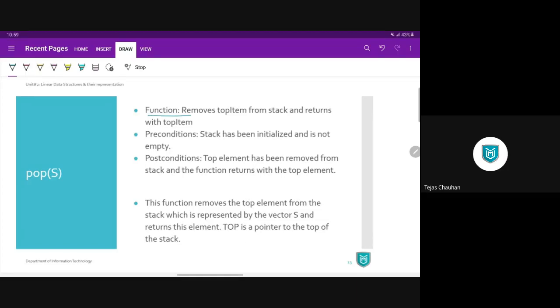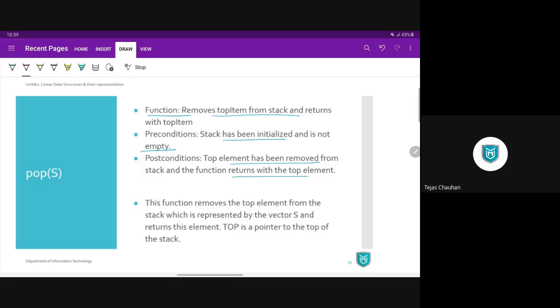This pop is a function which is going to remove the topmost element from the stack. The precondition is that your stack must be initialized and it should not be empty. The postcondition is that the topmost element will be removed from the stack and your top will be changed. You return your top.